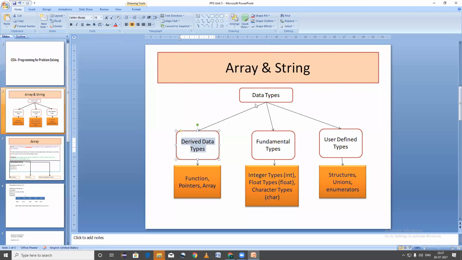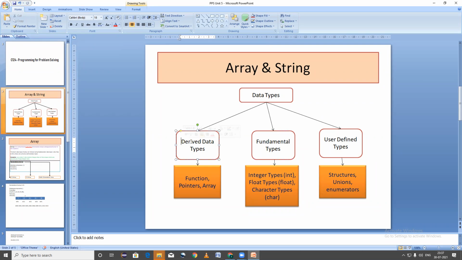Derived data types. See, basically data types are of three categories: basic or fundamental types, those we are regularly using in the programs like integer, float, character. Then we have double, then unsigned integer, long integer. These are basic data types, and based on these basic data types, there are some data types like function, pointers, and array.